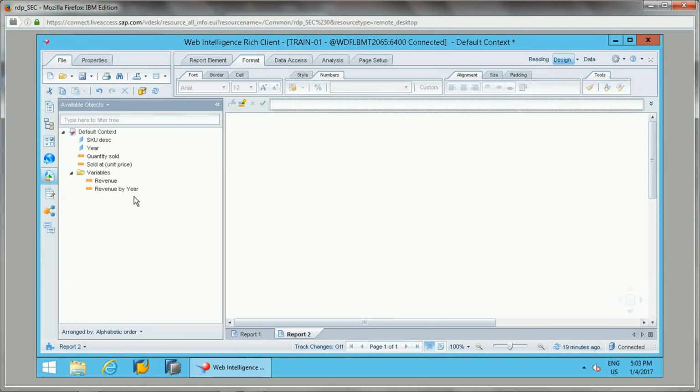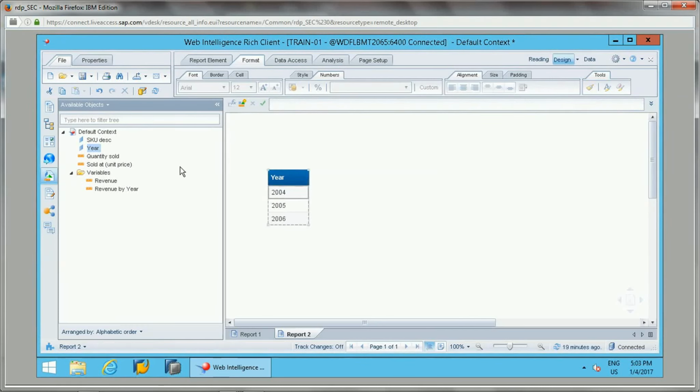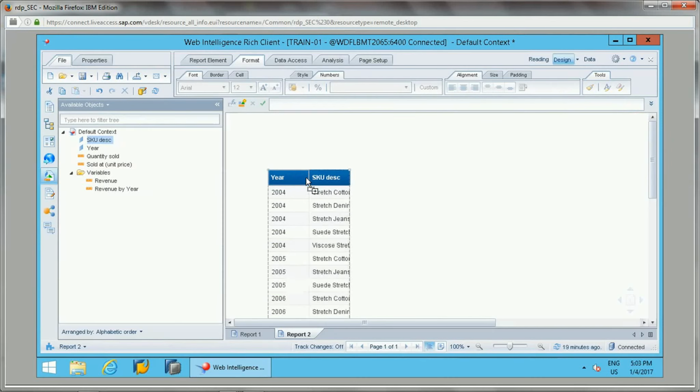In this report, I will add this year, then SKU description, and the revenue variable, I'll just add it here.